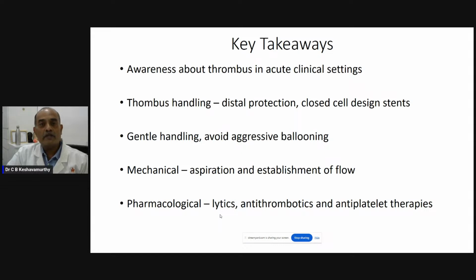But with the newer ones, where a mechanized type of thrombosuction is being used, there seems to be some better results, especially when the thrombus burden is huge and the vessel is large. So mechanical seems to have some role, especially in saphenous vein grafts or large veins which have a large volume, where thrombus aspiration may work better. So use all these, treat the thrombus as gently as possible, and when aggression is needed, be aggressive, aspirate it, get it out of the way, and get good circulation.